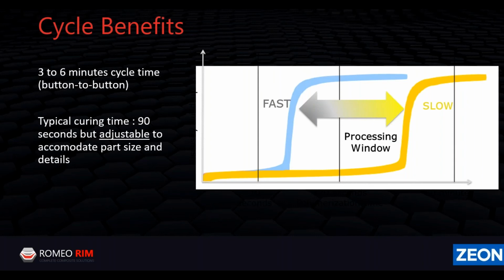Typical body panel, typical enclosure type panel, you're talking about a 3 to 6 minute button to button cycle time. By button to button cycle, what I mean is that the Romeo operator presses the button to close the press and start the process, inject the material, cure, time out the cure, open the mold, strip the part from the mold, and then be ready to start the next cycle and push the button for the next cycle. So very, very fast. Typical curing time for the material, 4 to 6 millimeter thickness, is about 90 seconds or